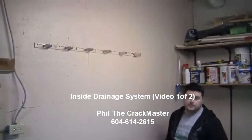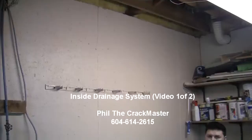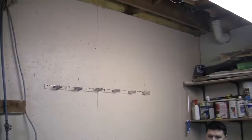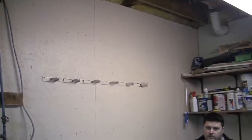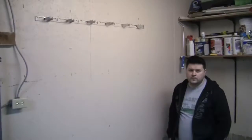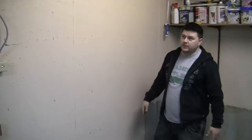Okay, so what we have here, this is an inside wall, and we see the floor joist there. Of course, on the other side of that is the garage. That's the height of where the cars are parked. So what we have is a solid concrete wall on the side of the hill, and there's really no way of getting to it from the other side to manage the water. So we're actually doing it from the inside. Is that correct? Yeah, there's a cement floor with 2 cars parked on there with 10 feet or so of